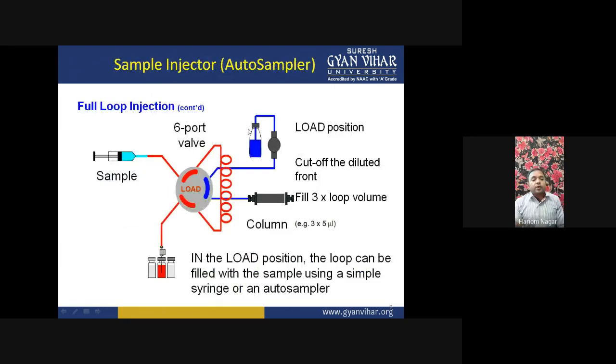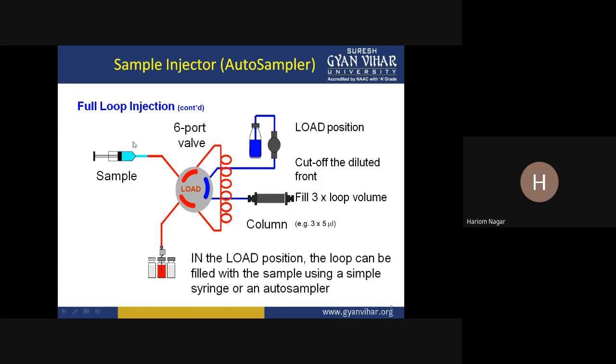Now we are talking about the sample injector, the autosampler. So this is actually the autosampler, and there are two types of sample injector. One is the autosampler and the second is the manual injector. Okay. So in the manual injector, we inject the sample each time manually. Or in the autosampler, the system will take the sample from the sample tube automatically. Programs are set actually for that type of running program.